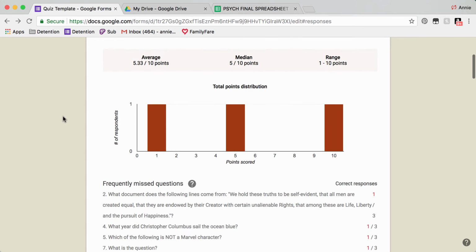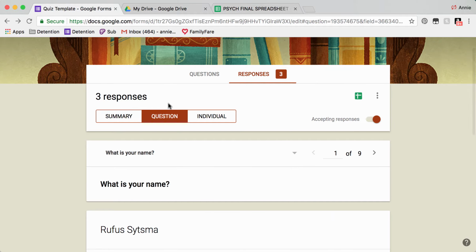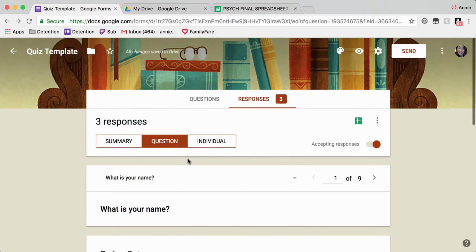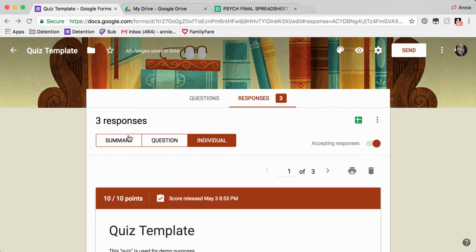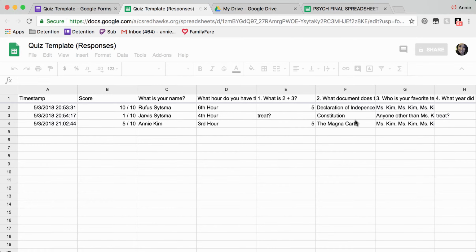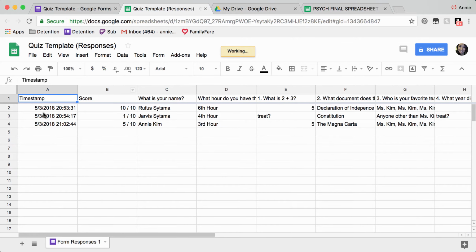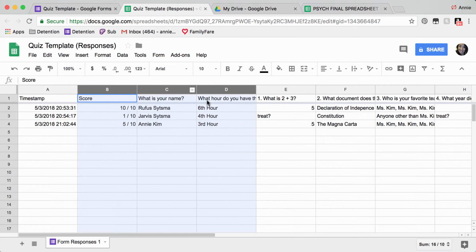So then what I can do is I can look at it based on question by question. I can look at it based on individuals and what they did. But the easiest way to do it is to click this green button to view everything in one clean spreadsheet. And this is what it's going to look like. So I have the person's name, their hour, and then their score. So really, this is all that I'm interested in, these 3 columns right here